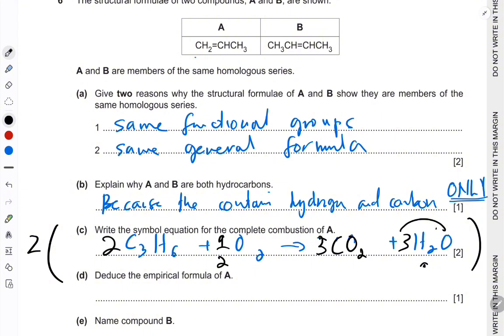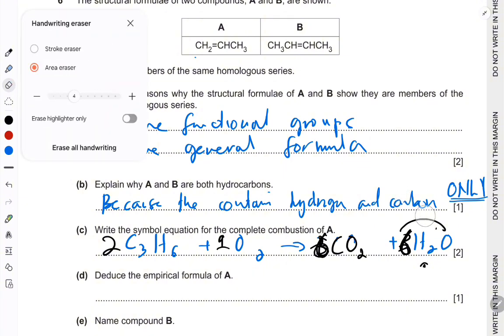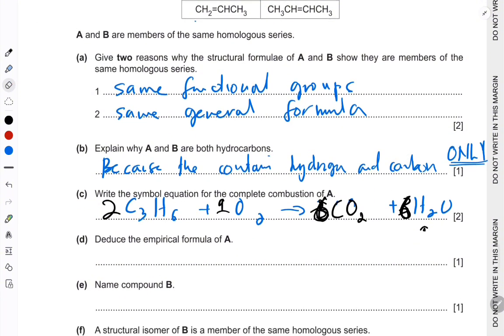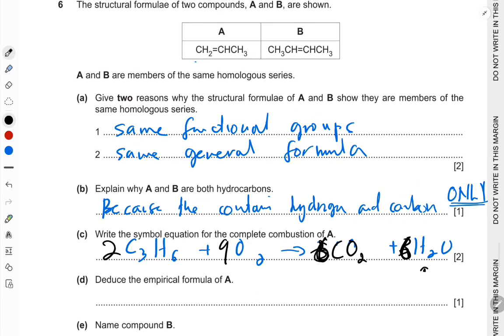So that this becomes 2, and this becomes 9, and this becomes a 6, right? And this becomes another 6, right? You got that? So we don't want fractions anymore, so that's why I have to get rid of the fraction. So let me get it a bit neater. Yeah, that's 9. Okay, deduce the empirical formula for A, simplest, remember C3H6, simplest whole number ratio, so it's CH2,